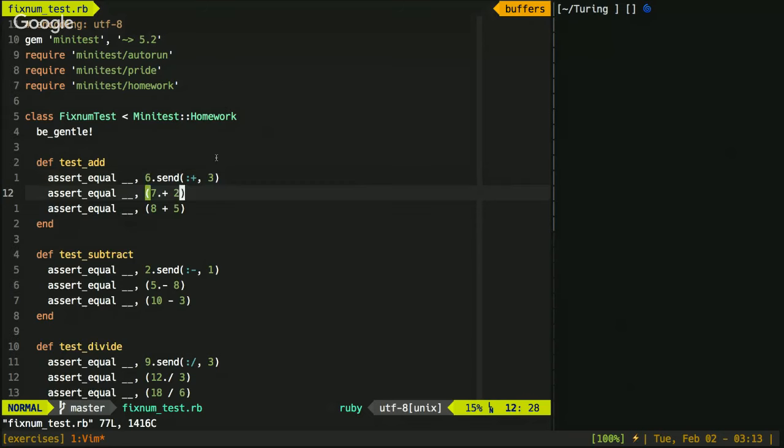Yep, so I want to repeat myself here. We have here on line 11, assert equal. And what assert equal means is that whatever comes after it, separated by the comma, it expects them to be equal. So we have 6.send, passing into that the plus symbol and 3. And we expect that whatever is over on this right side to be equal here. Everyone seems to say 9. So we're going to replace those underscores, that blank spot, with 9.